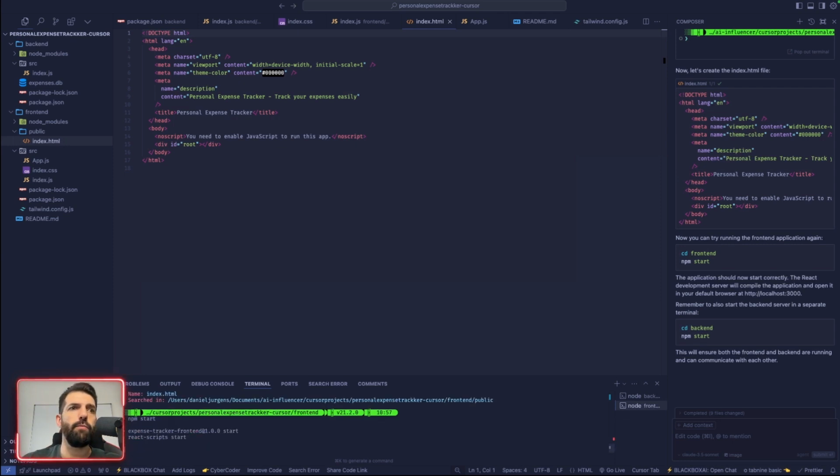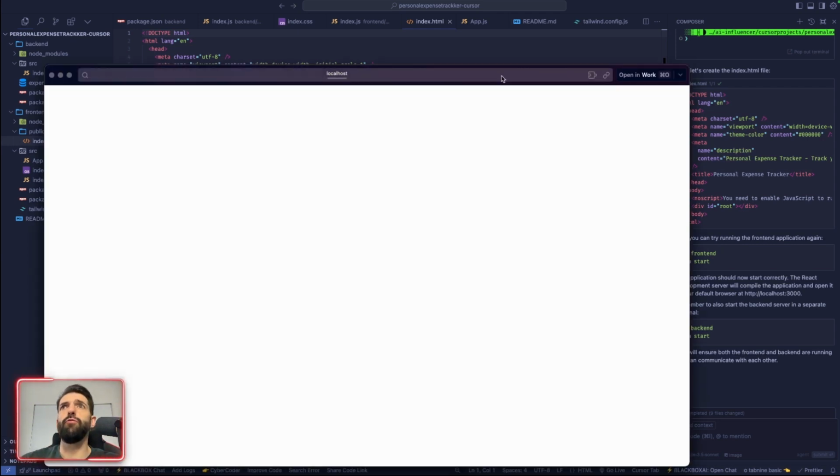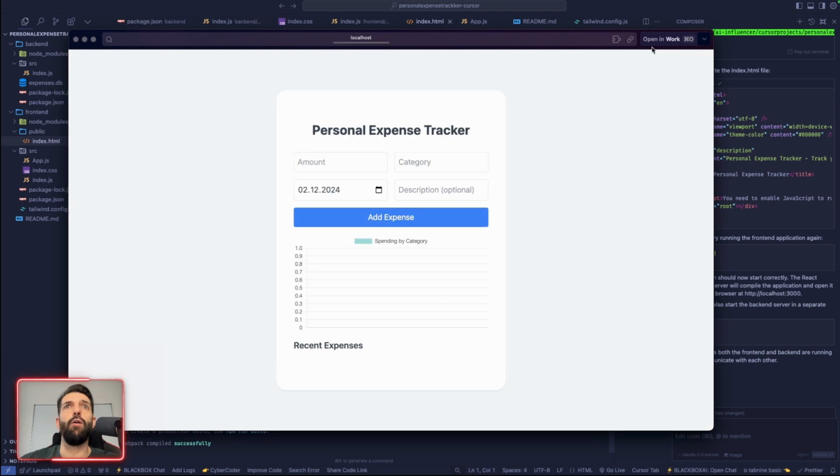npm start. Now the development server is running. Let's have a look at how the app looks. So pretty neat, simple, but let's see, we'll do 1200, category entertainment. We'll also do, I don't know, maybe the,